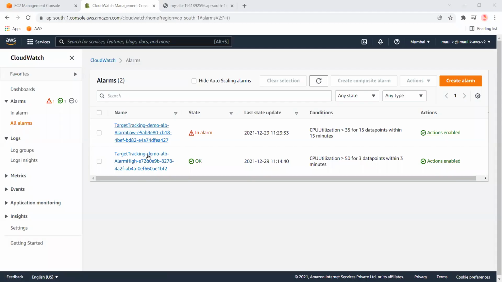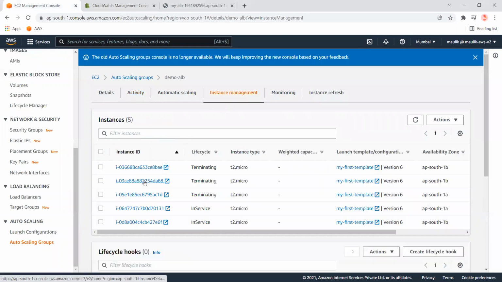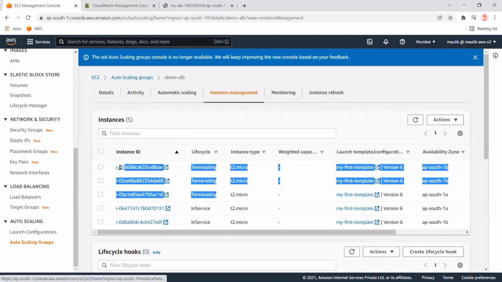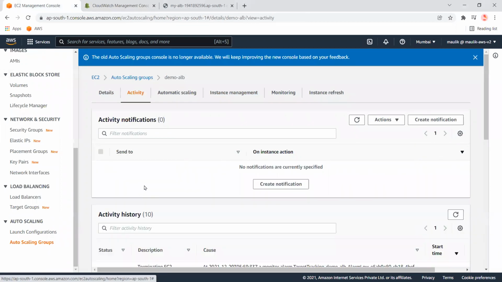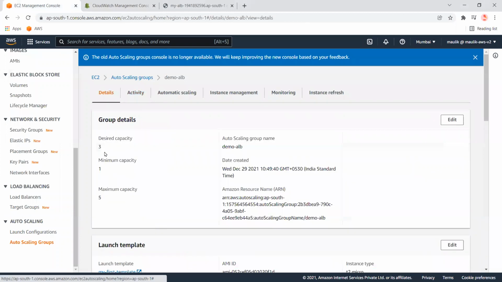You can see this alert is already activated right now, and it is terminating the instances. You can see the third instance is also terminating. Okay, a total of 3 instances are in terminating status. 3 activities are showing here. Okay, and this should be 3. Desired capacity is 3. It should be set to 1 after some time.